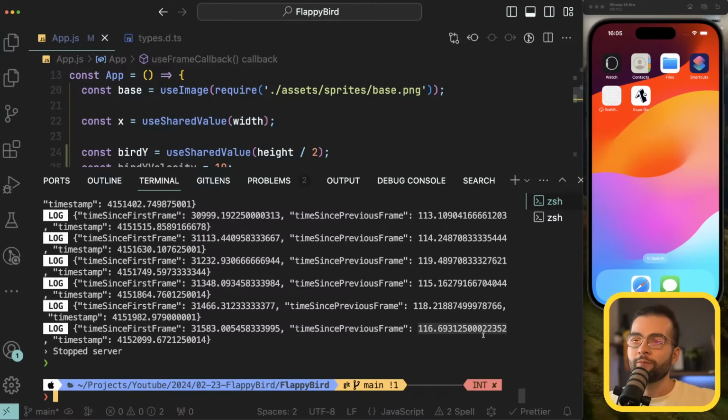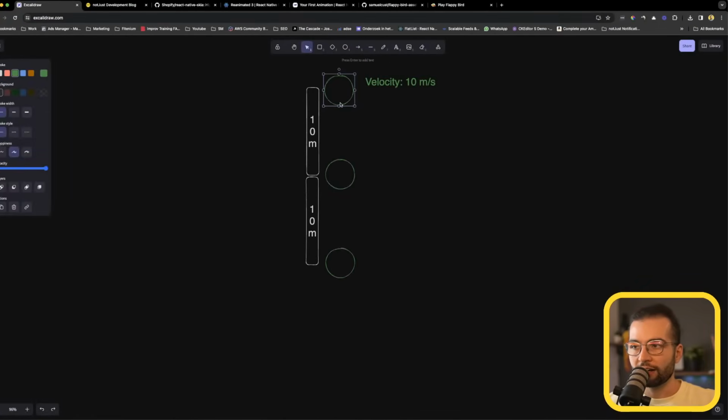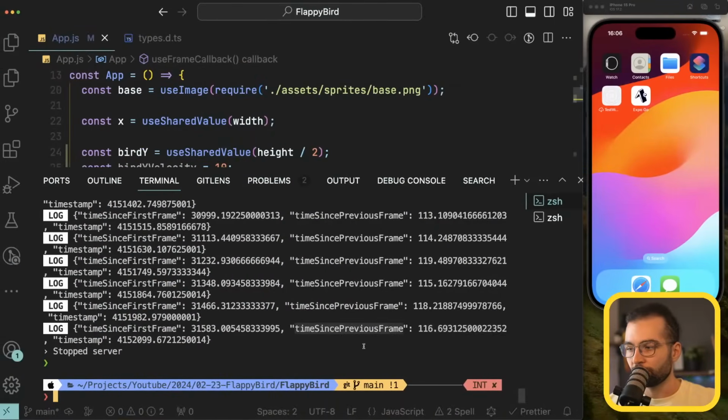This is very important for creating smooth animations because we cannot be sure that every frame takes the same amount of time to draw. So what that means is that in fact we're not going to check the position after 1 second. We're going to check the position after 100 milliseconds, calculating it based on the formula. Then we're going to check it after 200 milliseconds, 300 milliseconds, and so on. We're going to check it a lot of times, updating the position smoothly until we get to this position. So we need this time since previous frame to know how far we should move